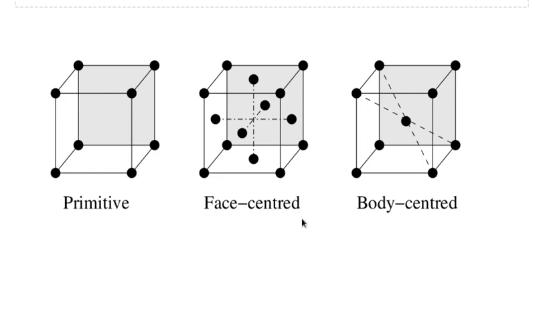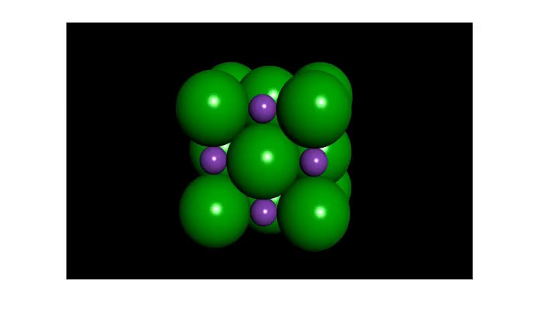Now XRD can determine which type of packing is present in the crystal. So you'll take a powder, you'll take it to the instrument, and from the reflections, the X-ray reflections you see, you'll be able to determine the packing type. So the first substance we look at is lithium chloride. Lithium chloride is face-centered, so you've got your cube, but at each of the faces you've got a chlorine atom there. You'll notice it's cubic, so if we could determine the size of unit cell,